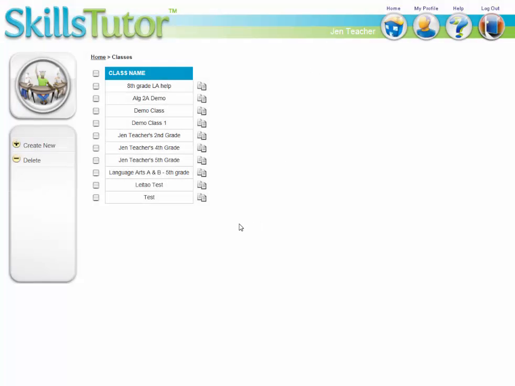Now, this is very similar. The next step, what we want to do is assign students. Very similar to what you did when you created your Study Island class. You need to assign your students so that they are in your Skills Tutor class. In order to do that, just click on the class,